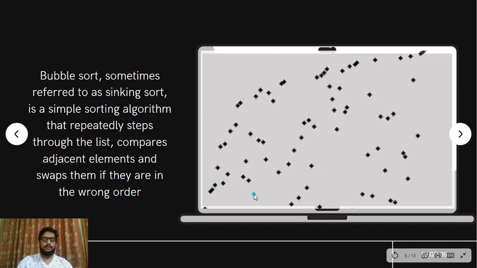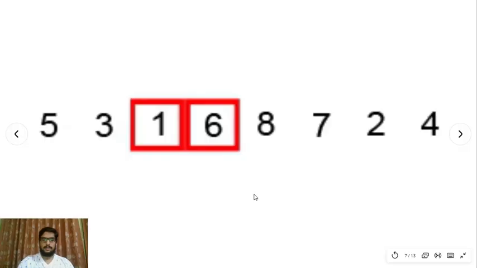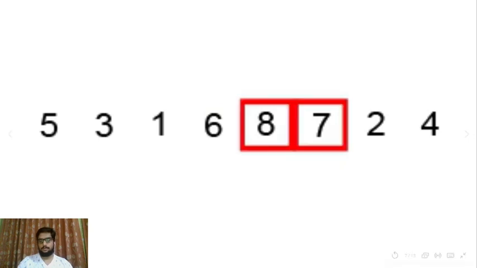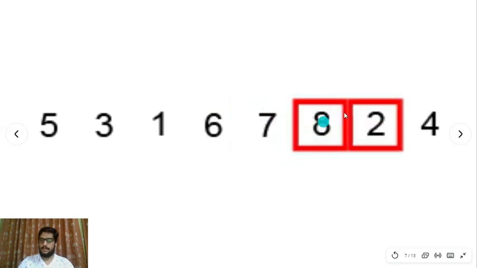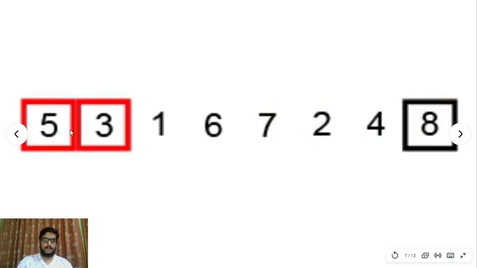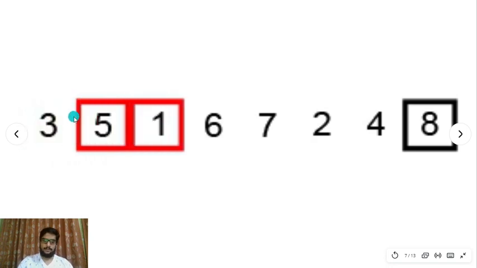So let's understand by using a simulation. Let's say we have an array such as this and we want to sort this array in increasing order. How do we sort it? We use the bubble sorting method. What does it do? It compares 8 and 2 in this case, checks if 2 is less than 8, which is yes, and it swaps. Now it checks the next two adjacent values, which are 8 and 4. It swaps because 4 is less than 8. Then it goes to 5 and 3. 3 is less than 5, so it swaps 5 and 3. Then it checks 5 and 1. It swaps 5 and 1 because 1 is less than 5.